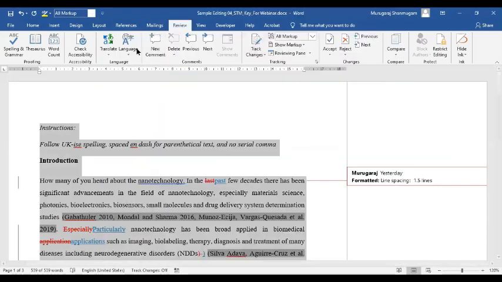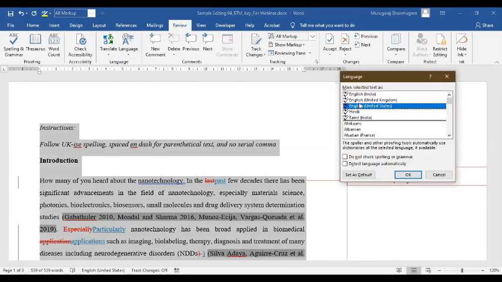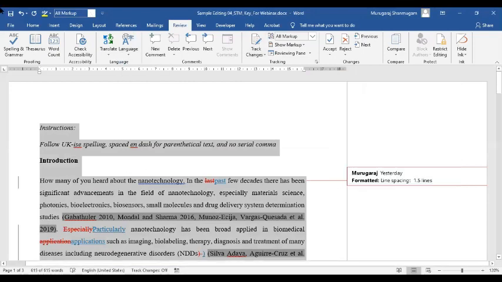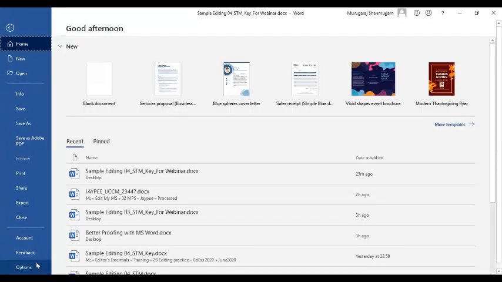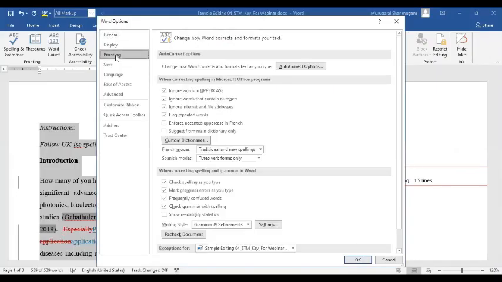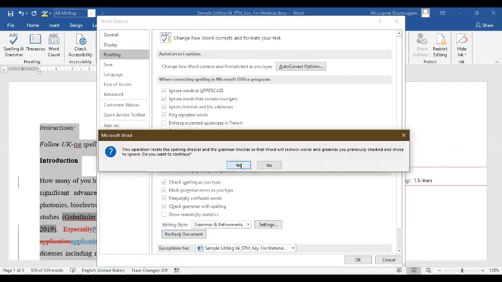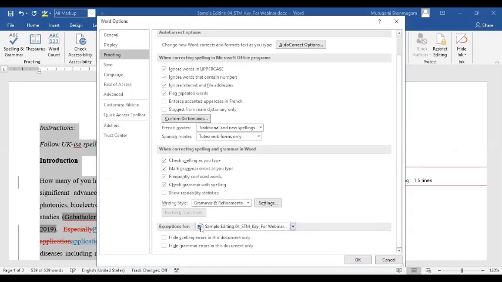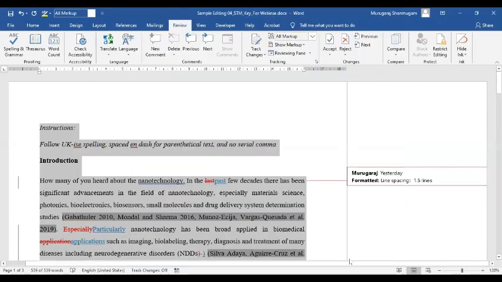Okay, not that. Proofing language has to be American English. And then go to File, Options, Proofing, recheck document. Yes, I want to. And then ensure that the two checkboxes are not checked and confirm.